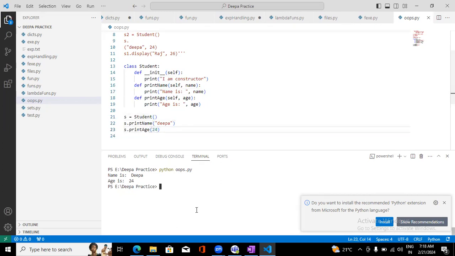This is another way. But see, for each object, the constructor is going to execute. If you give pass, it won't do anything. But I gave a print statement, that's why it got printed here. So whenever the object is created, at that time itself, the constructor executes. That's why it printed I am constructor. If you create one more object,